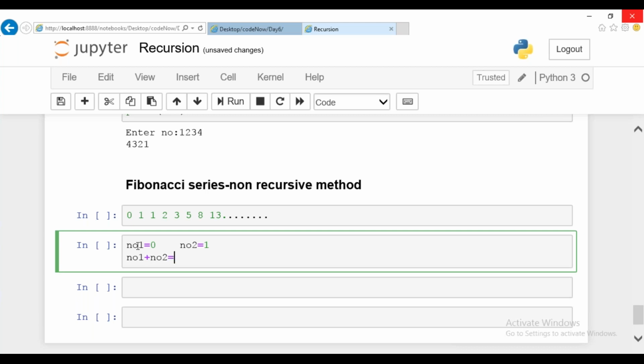You're going to add these two numbers, number 1 and number 2, which will give you some result. If you add these two numbers, what happens? 0 and 1 add up and produce the result 1. For the next iteration, add this result along with number 2. You'll be getting, sorry, 0 plus 1, you'll be getting 1. That is your next result here.